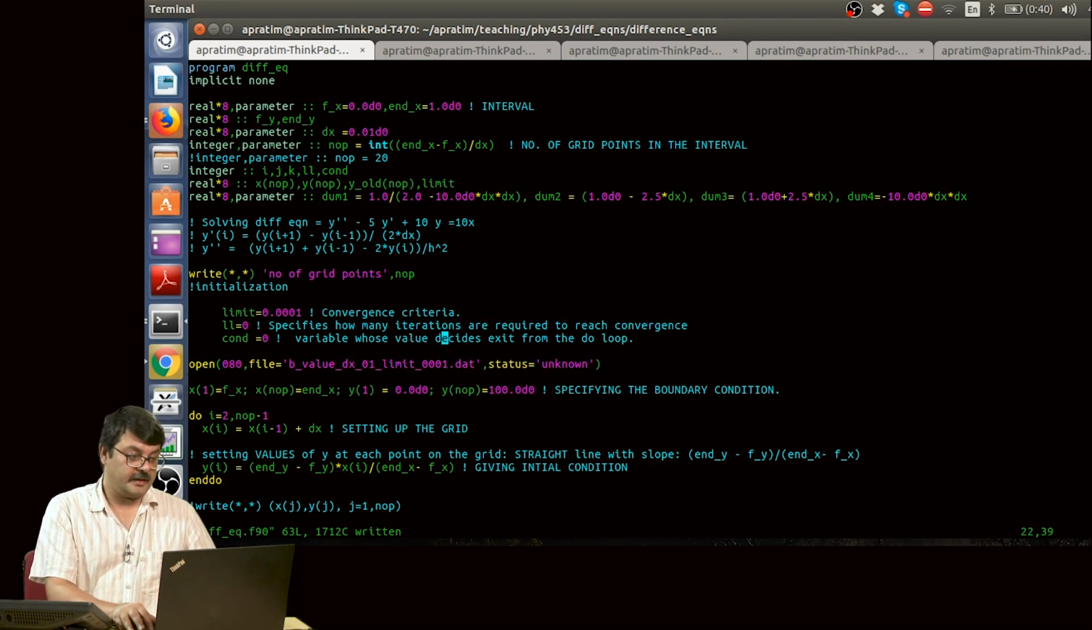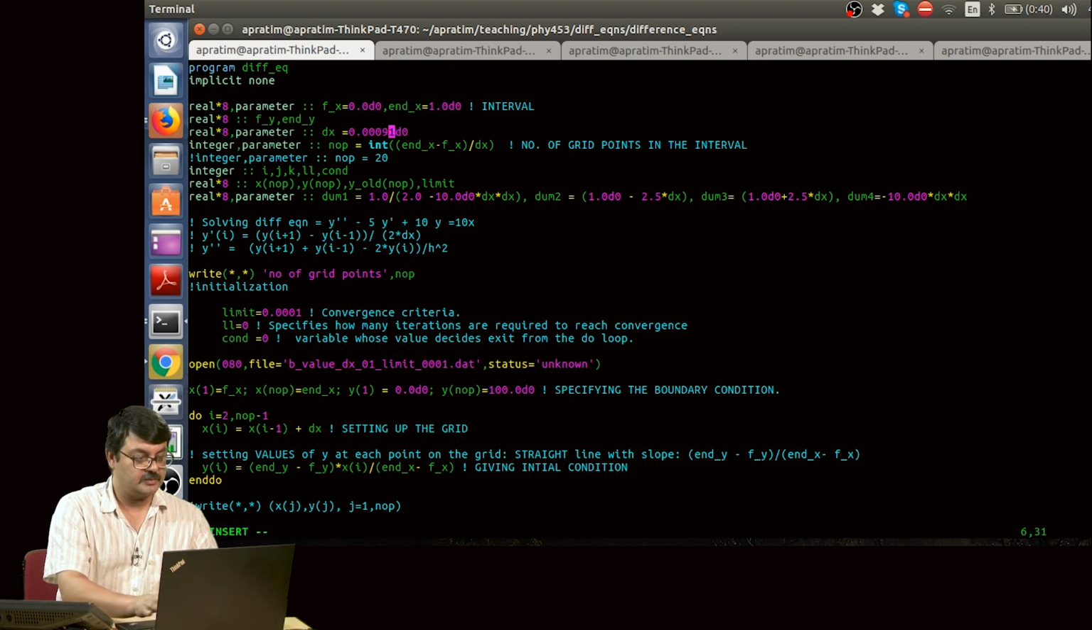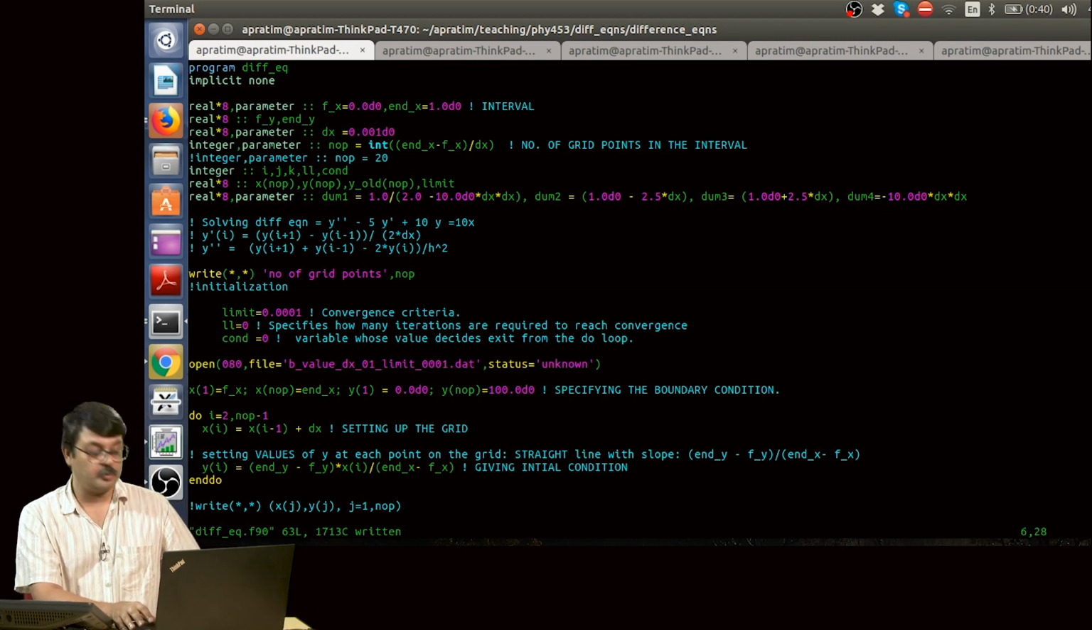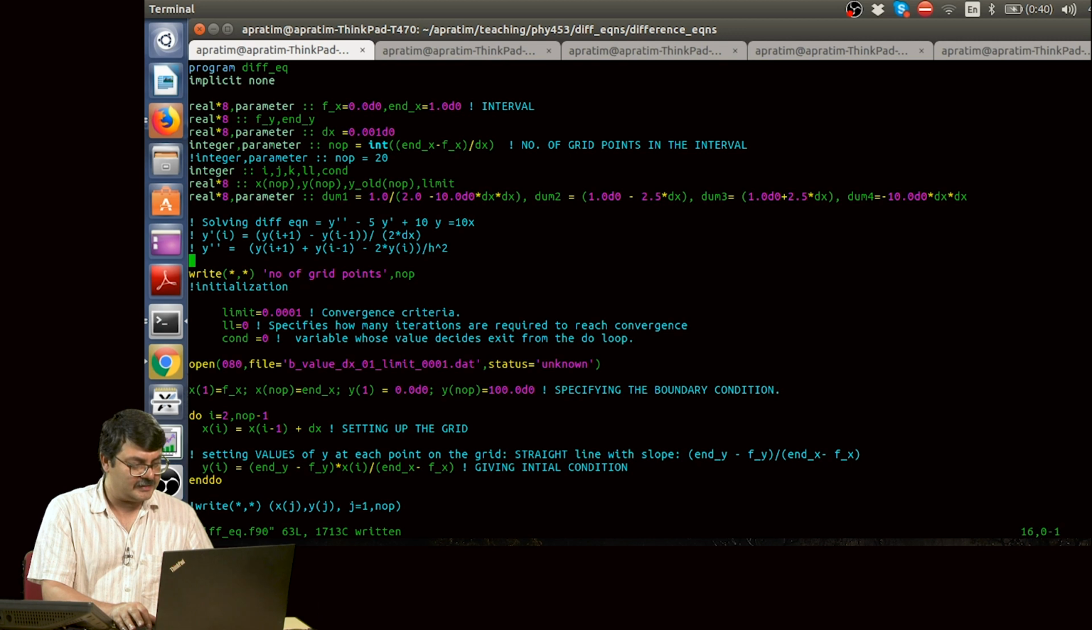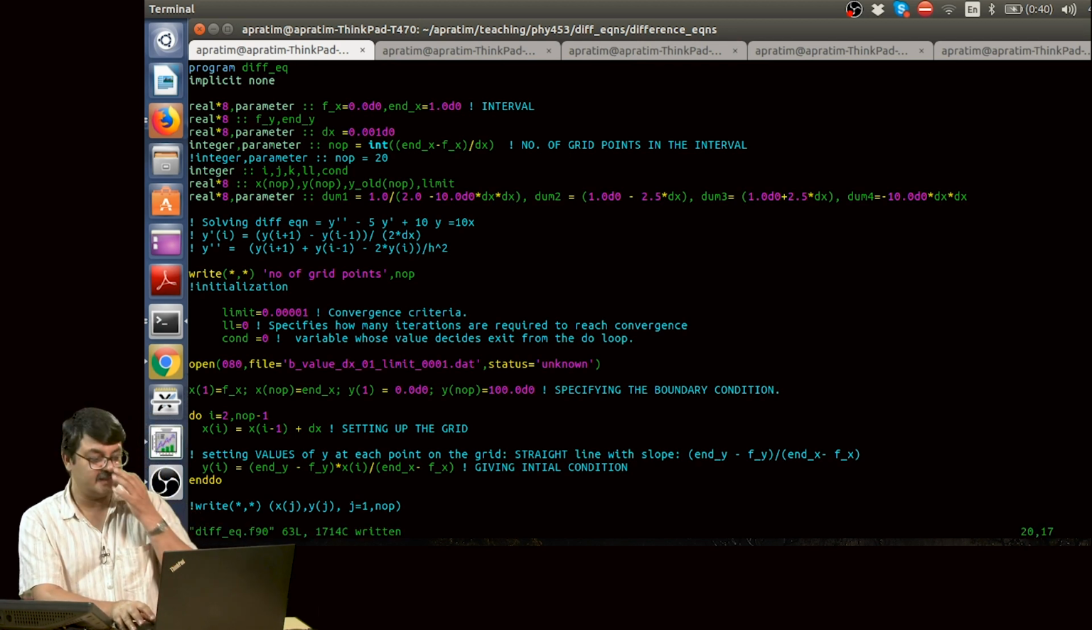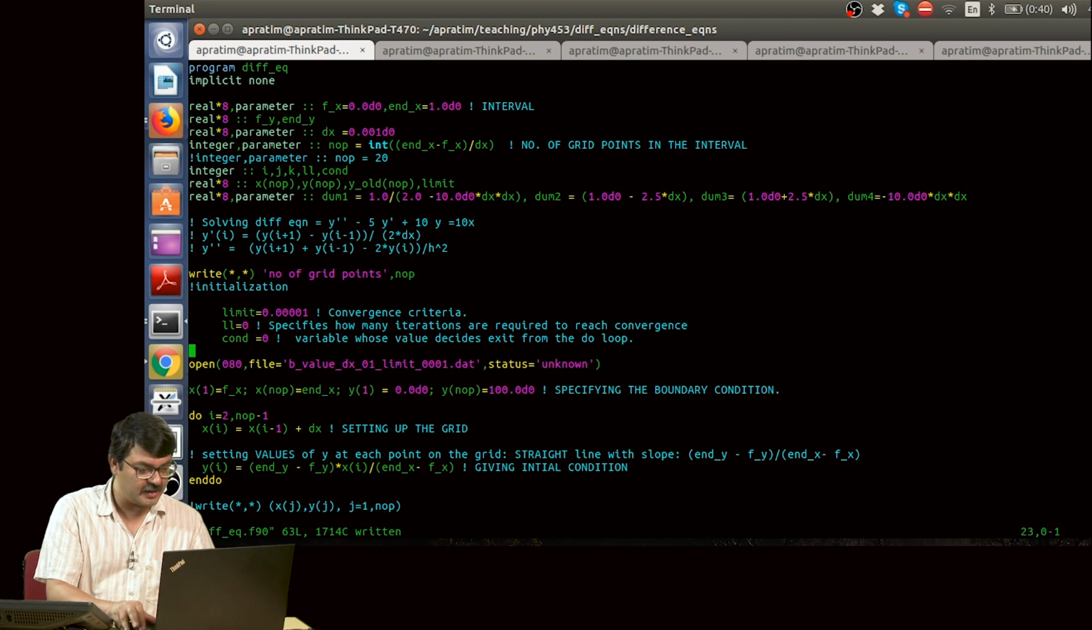And now I can go to even smaller values, suppose 0.001. So, 10 to the power minus 3, and I set my limit as just 10 to the power minus 5, say, though I can set the limit to be 10 to the power minus 6 as well, but I just choose